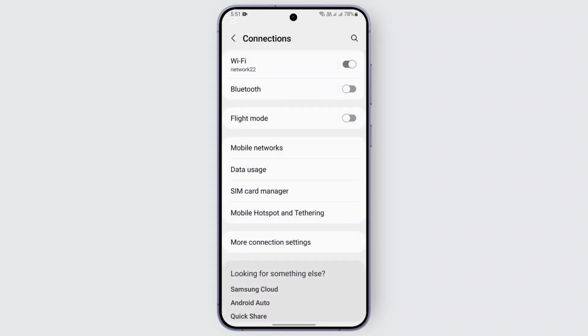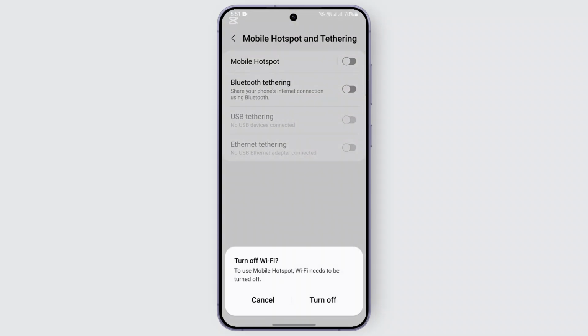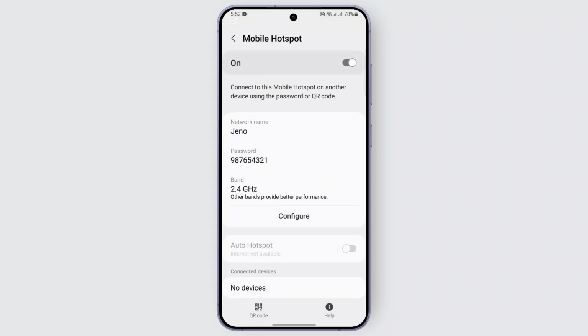Here, we are going to the settings and looking for the option called Mobile Hotspot and Tethering. Just look for it and tap on it. After tapping on it, you're going to turn on the mobile hotspot. And you need to turn off your Wi-Fi in order to do that. After it is turned on, just go ahead and tap on Mobile Hotspot and there you go, you can successfully